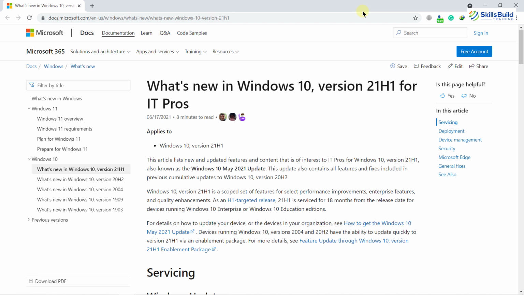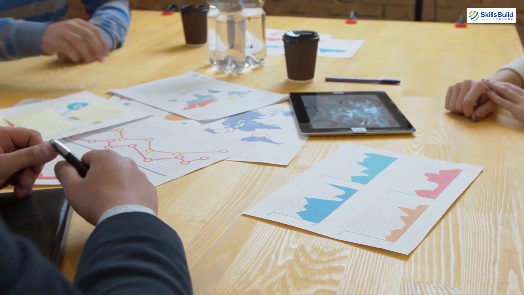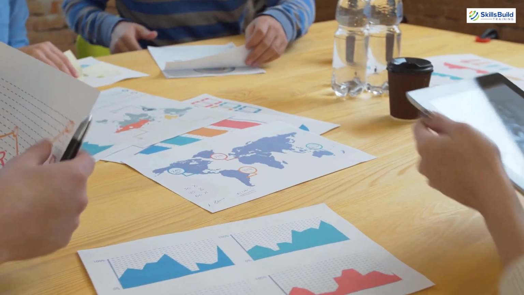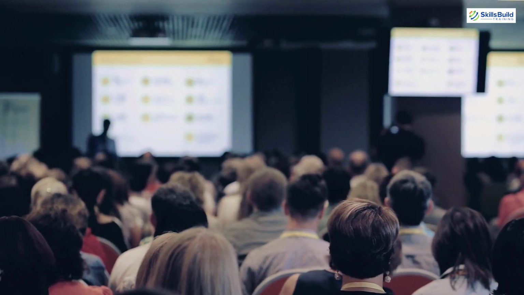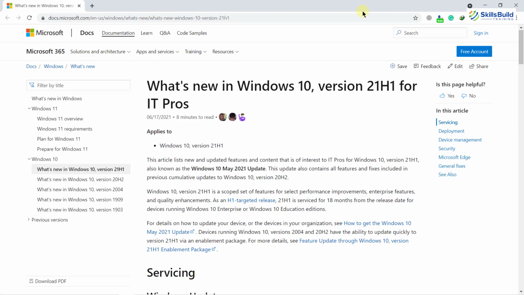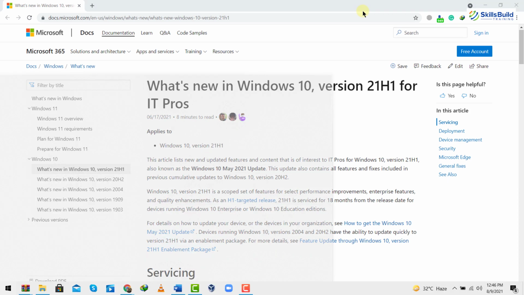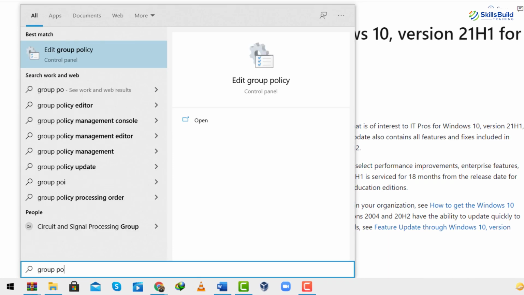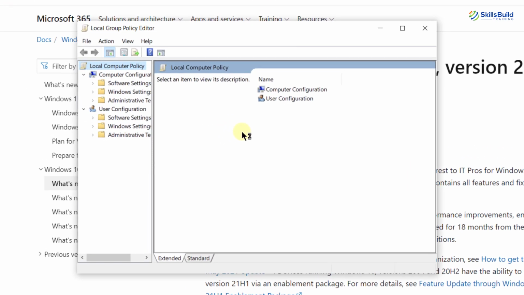For those who have no idea about group policy, basically it is where an organization can define a policy and it will get applied on all the systems throughout the organization. So they improved it so that organizations can handle things much faster and in more sophisticated ways. I'll just search for group policy, and here you can see we have added group policy. Basically, it is also known as the group policy editor. So here you can define different policies for your organization and implement them throughout the organization.